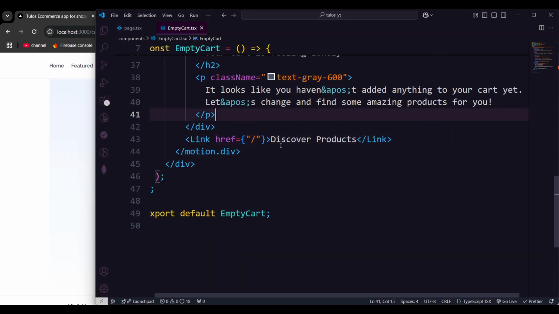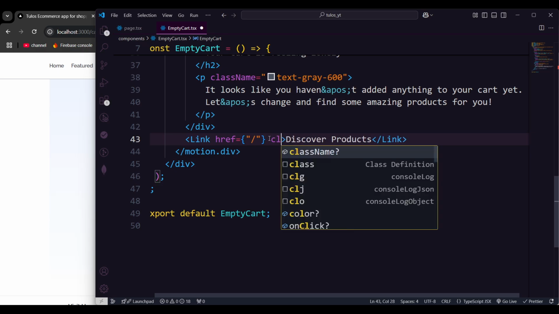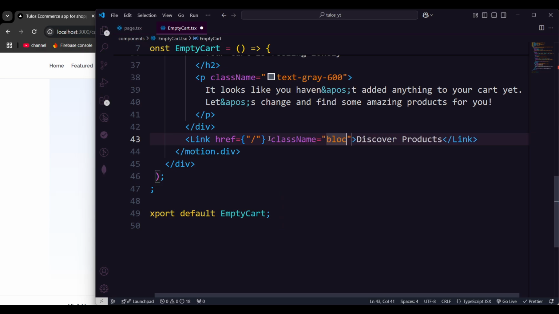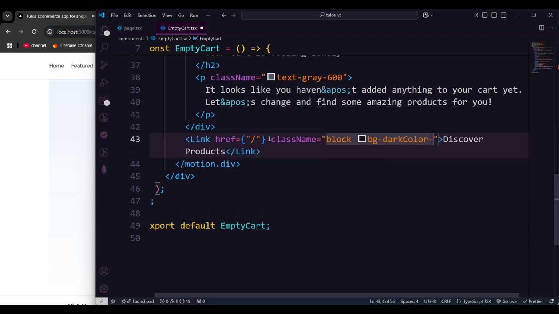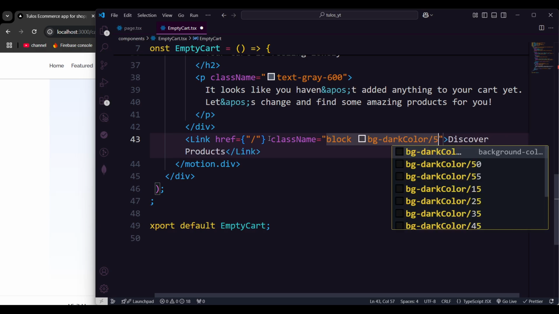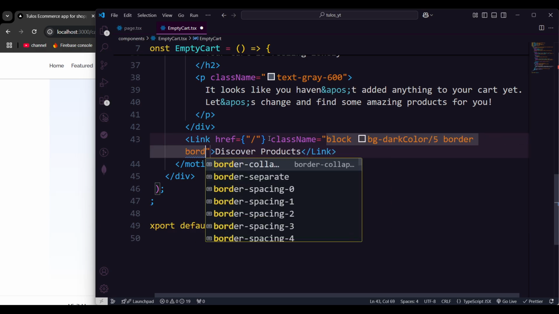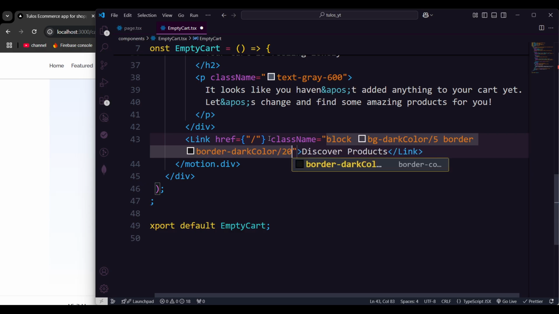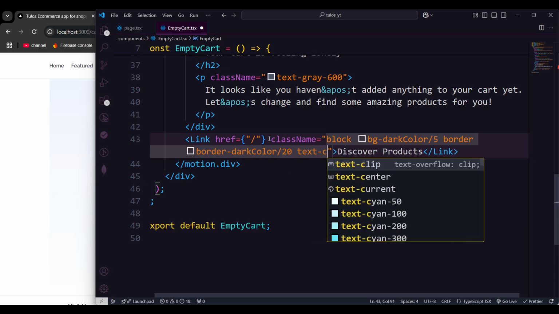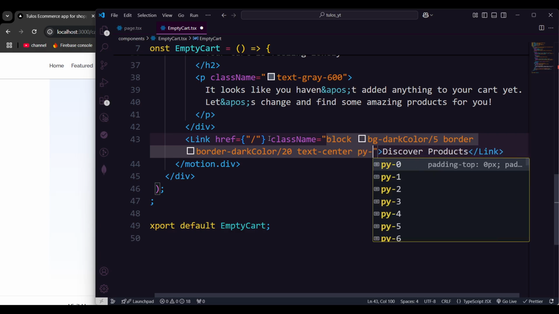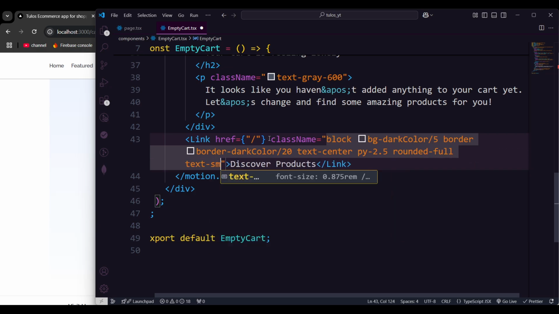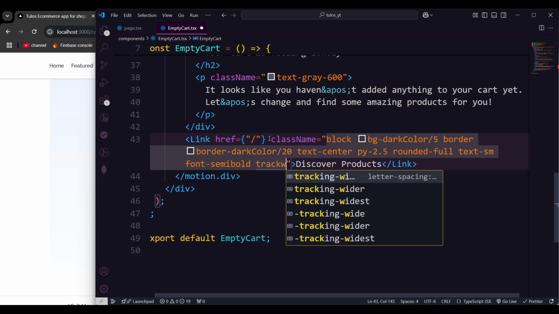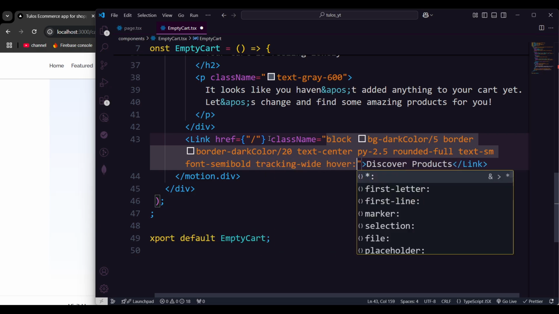Just to make these things look work in a perfect ratio, put a class name, and I'm going to make it a block parameter. Let's say bg should be dark color with 5% opacity, and then I'm going to pass a border, and the border should be dark color of 20% opacity. Text should be center, padding y should be 2.5, and rounded should be full, and I'm going to make it small text properties. Font should be semi bold, tracking should be wide, and whenever we hover on that,